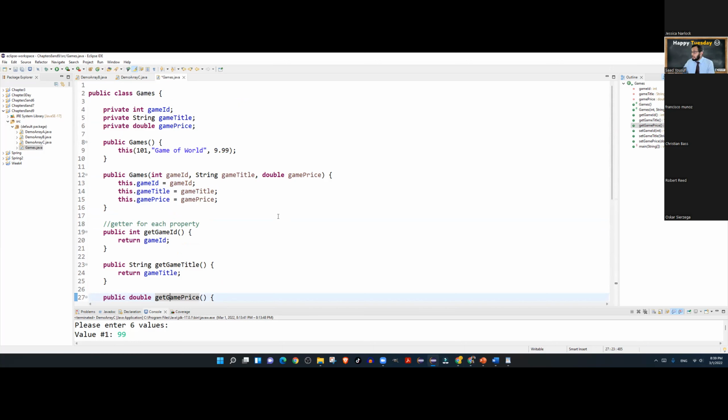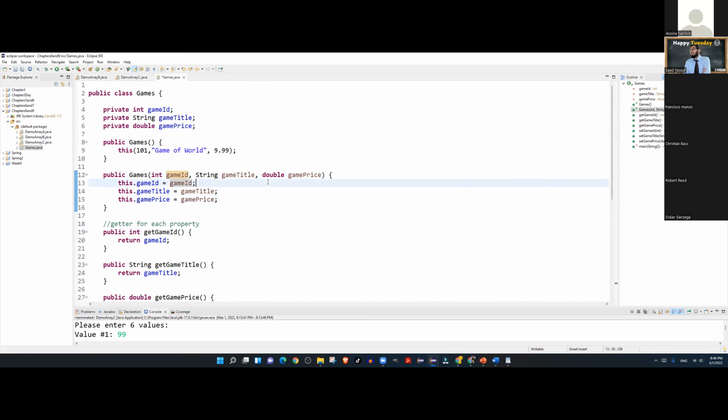Why do we even use this? When the variable names are the same. Exactly. When the variable name is exactly the same as the name of the property, that's the place where you use the word this. So this is a differentiator between this is the property versus this is a parameter.